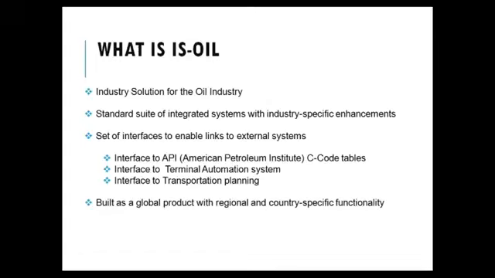A terminal automation system. If you consider the terminal towards the end, to supply the products, you have to properly plan which truck is coming, which truck is going, which is getting filled. They are called bills of lading. You have to consider all those bills of lading and understand which has come. So you have to interface that terminal automation system to the IS oil. These are the different interfaces that link to IS oil, along with the internal modules we have discussed, MM and SD.